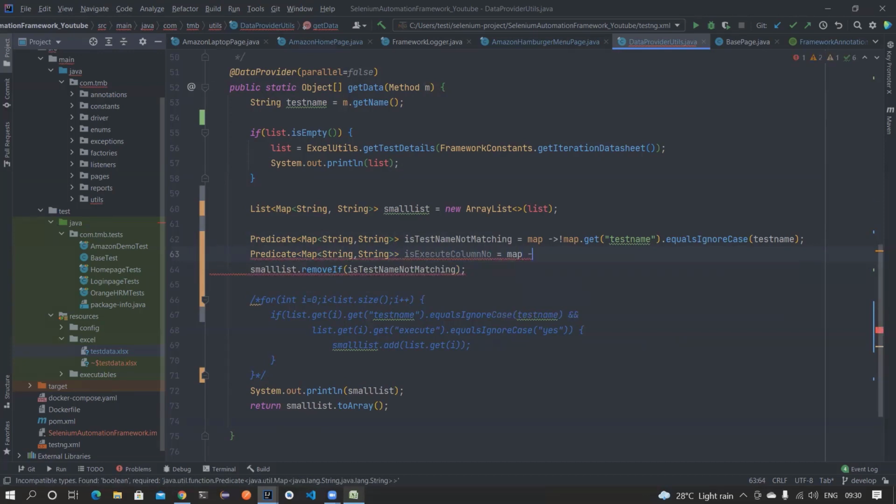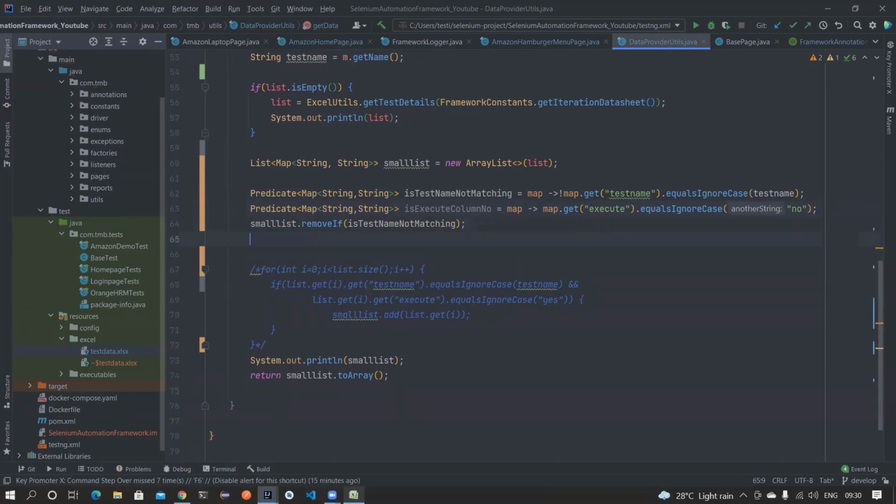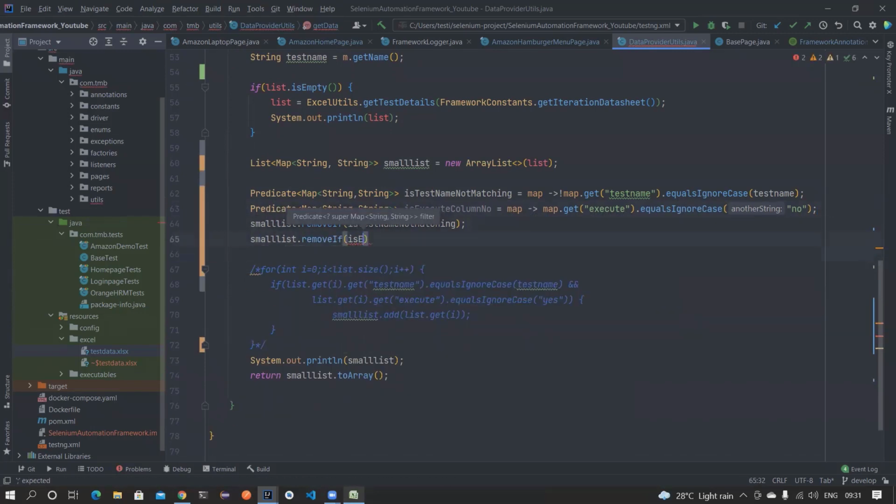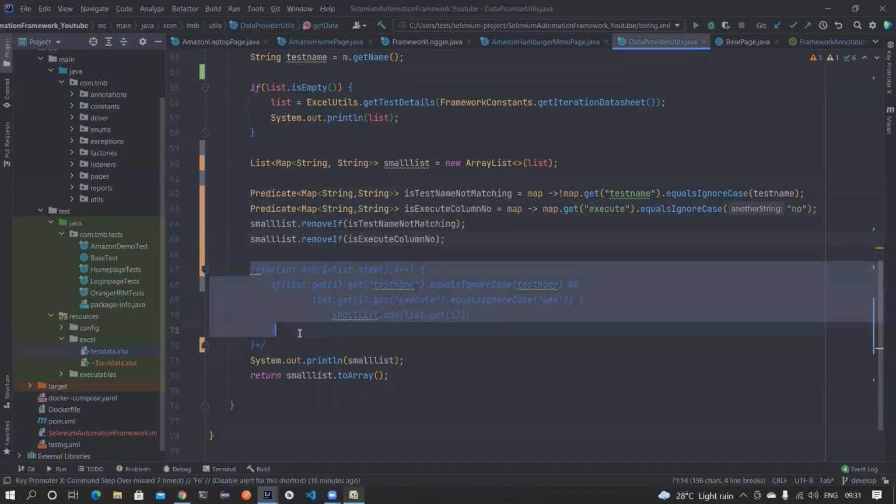If someone is passing me a map, I'm just checking map dot get execute column, dot equals ignore case no. If this is no, I can directly remove it. So small list dot removeIf, I'm removing isExecuteColumnNo.